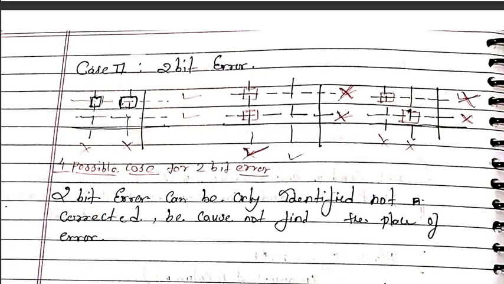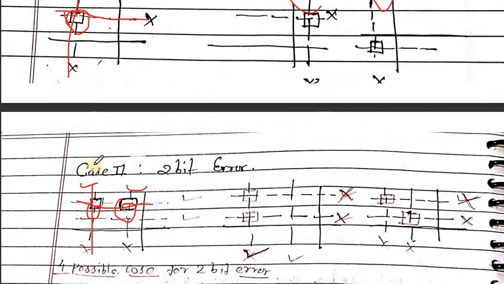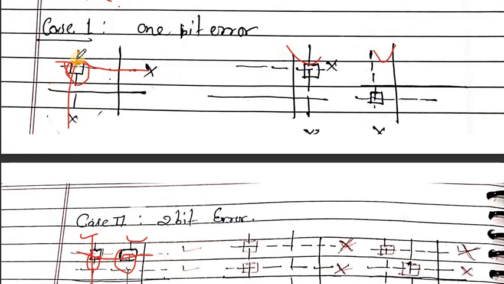Now 2-bit error. In a 2-bit error, the same method is followed. The receiver first checks whether the parity bits are balanced or not. If the parity bits are not balanced, then the receiver will find the cross sections of the rows and columns where the parity bits are not balanced. But the drawback of 2D parity is that it will only correct a single bit error, because there is only one case, 0 or 1, where after changing the bit it should be corrected.